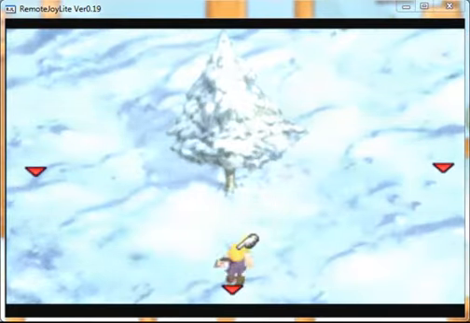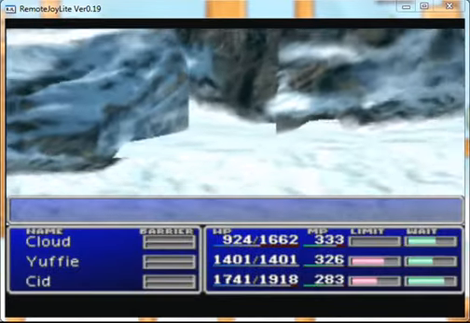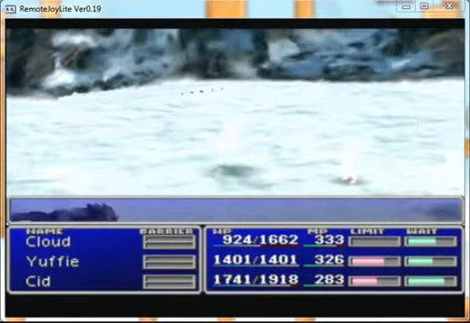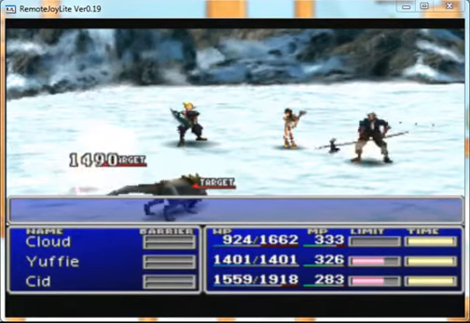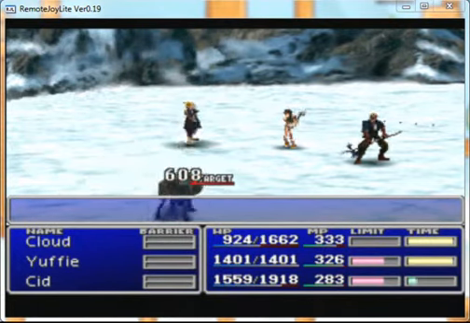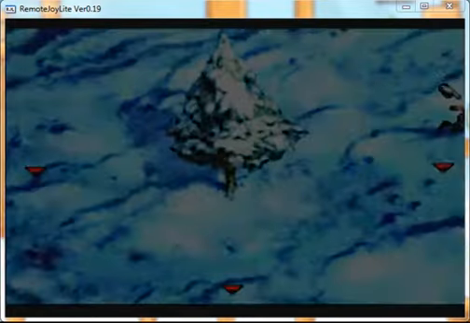So you never know. So here's the tree, and we can only go to the right or left, since we don't want to go back, of course. So that's what we're going to do. We're going to go to the right. Wow, that was a really good attack. Cid's actually pretty strong, physical wise. And Cover finally leveled up. Thank God. So we're going to go to the right